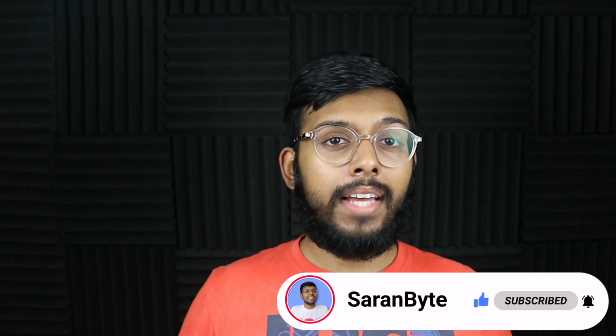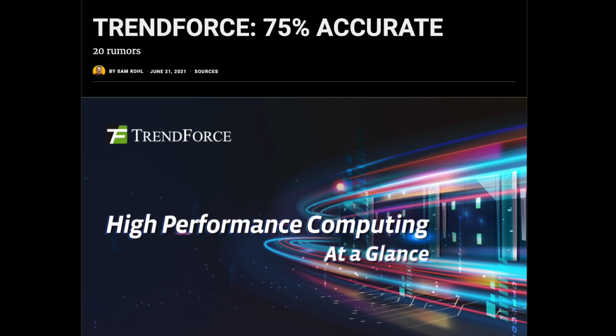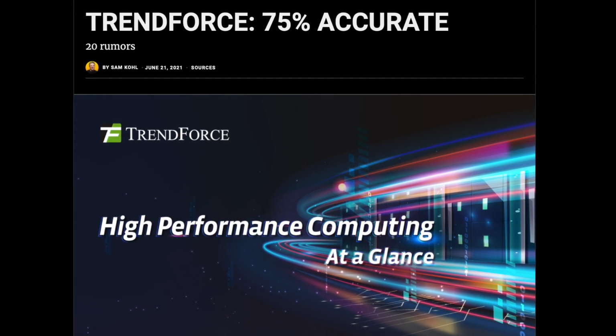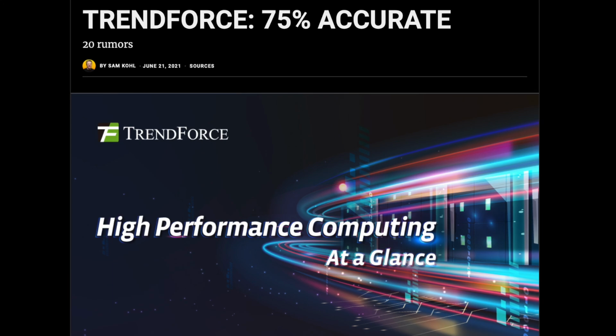And with that being said, let's just jump in. Right, so the information is coming from TrendForce. These guys have an accuracy rating of 75%, which is surprisingly decent. So yes, not much salt is needed for this report. Anyways, the first thing they mention is that millimeter wave 5G is coming to more countries with the iPhone 13